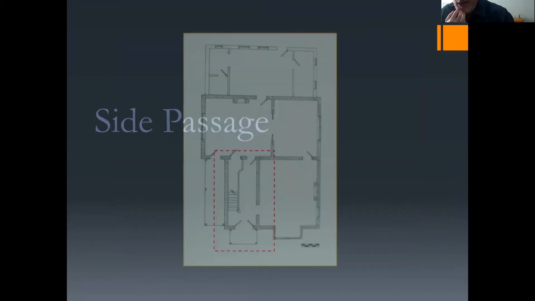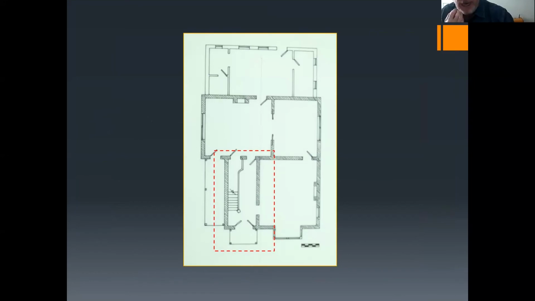We move into the side passage. Now we're getting into the more organic forms of architecture, where everything is an austere square with no decoration on it. Now we're getting into the Victorian and picturesque styles in Utah. The side passage is kind of an ambiguous term as it applies to several different